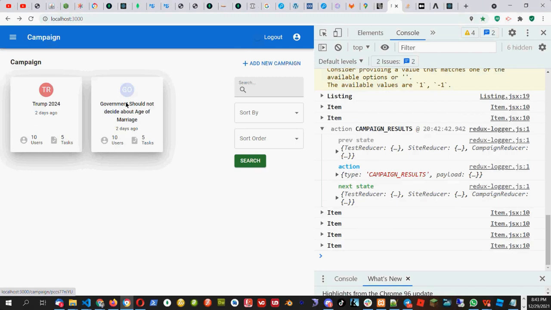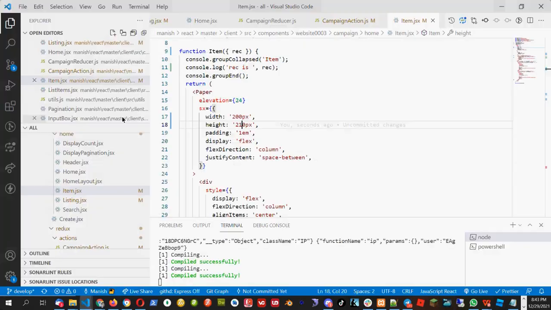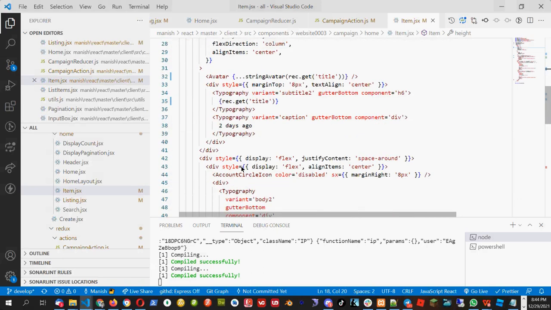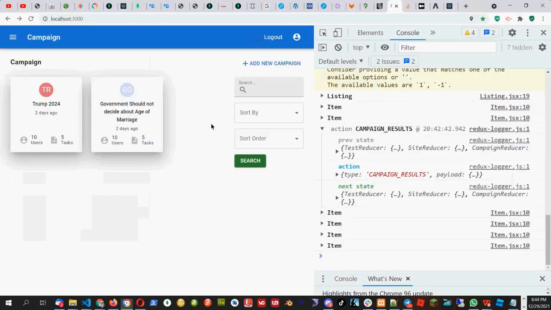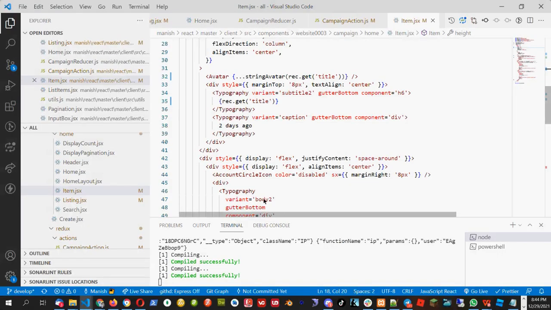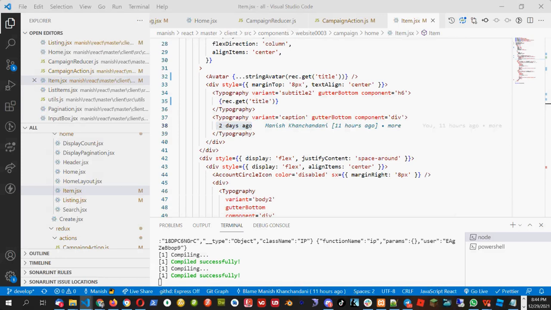We may use different techniques to truncate this text. We'll see different ways to truncate this text, but right now we just want to finish this. Next time we'll see the different ways. I don't want to show so much text. Maybe 2 lines is okay, 3 lines is too much. Now we have to show this 2 days ago. That is the thing we need to see now: how to show the days.